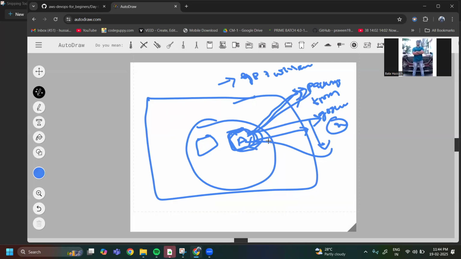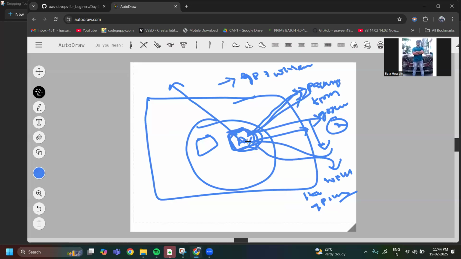So this is the concept of NAT gateway. What does the NAT gateway do? Whenever you are reaching from the private subnet to the outside internet, the NAT gateway will mask the IP address of the private subnet. Whenever you are accessing google.com, that IP address will be masked, it will be hidden.